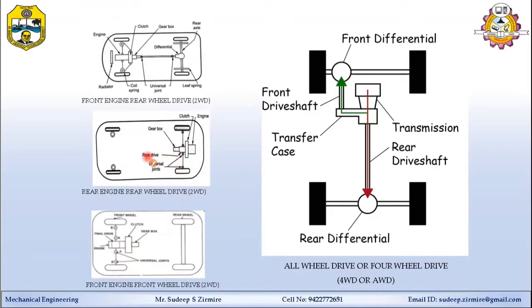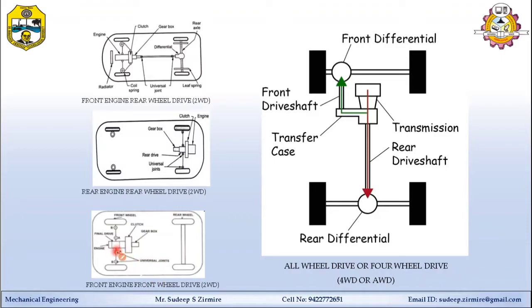A larger passenger space is available for the given length of the body, and the design of the vehicle can be made compact by using this type of arrangement. In this case, the disadvantages are that the space utilization for the engine compartment is wasted. No natural direct cooling is available in this type of arrangement. The wheels turn too sharply due to the tendency of the vehicle to oversteer.